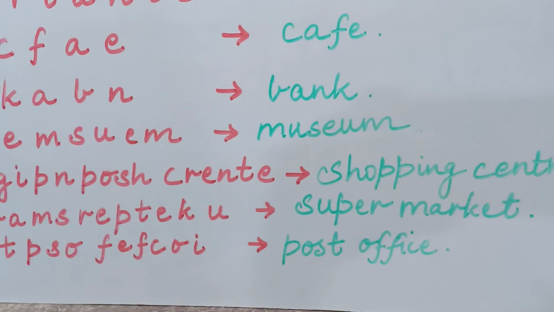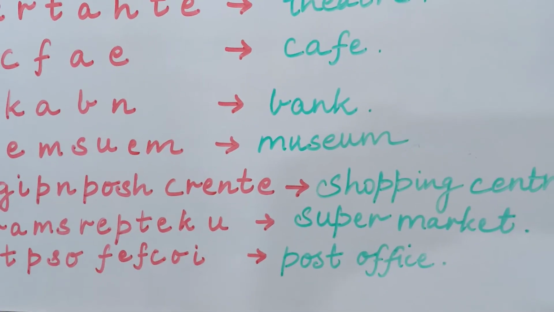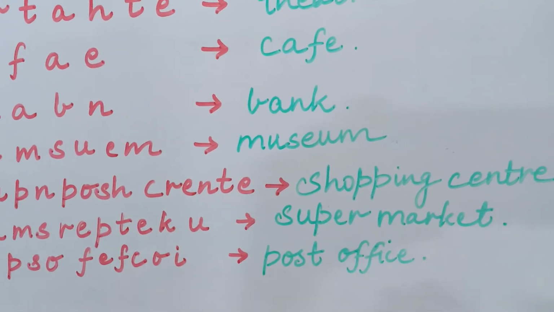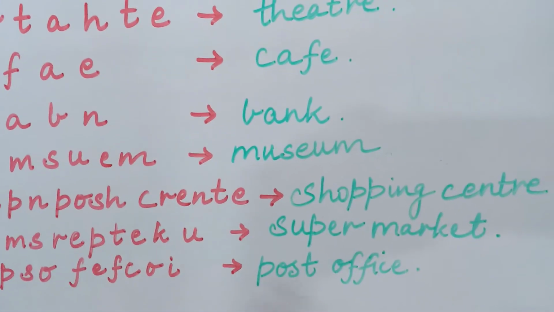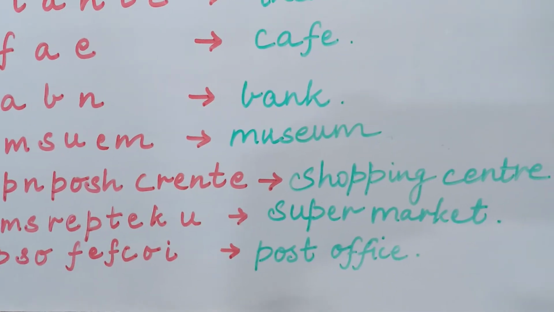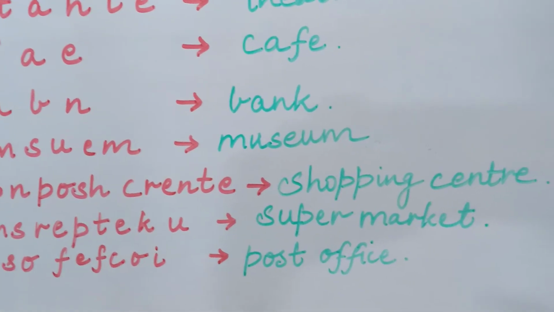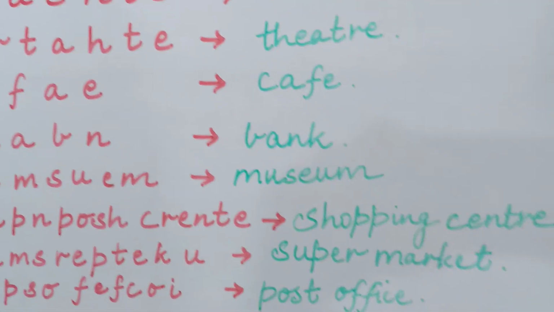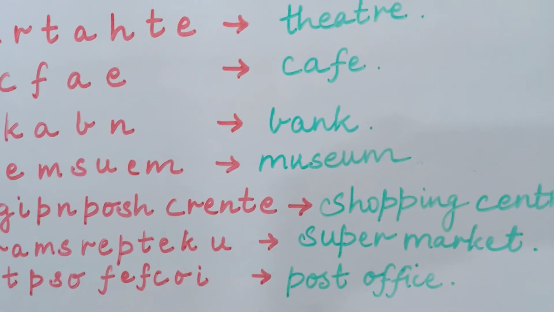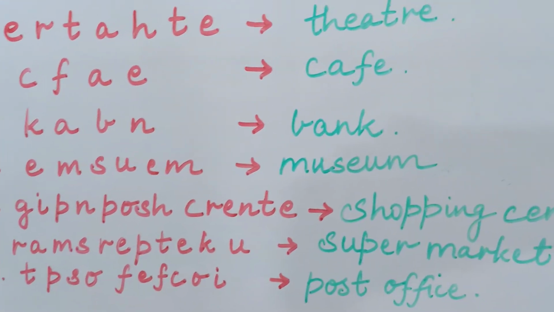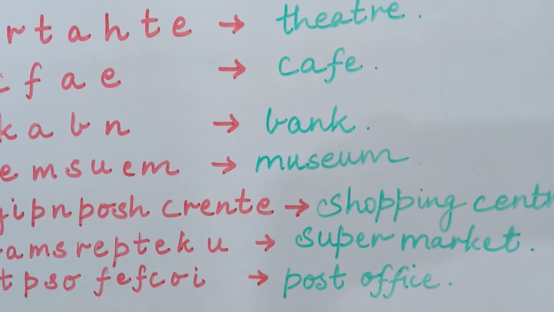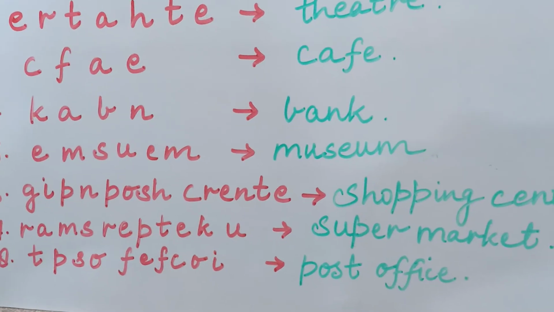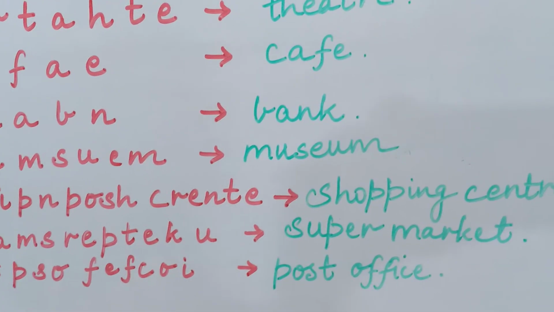Can you all guess what is the correct answer? Yes, very good, children. This is post office, and post office is a place from where you can buy postcards, you can buy envelopes, you can buy stamps, and the most important thing which you can do is that you can send letters to your friends and relatives, okay, who are staying outside the city. You can send letters to them. Okay, so the post office is very helpful to us. Okay, children, so this is the correct answer. POST, post, OFFICE, post office.